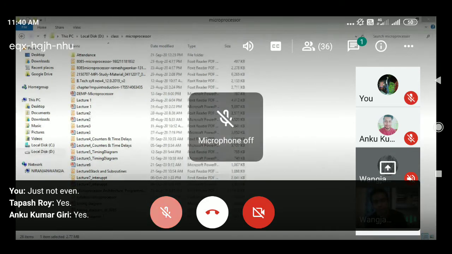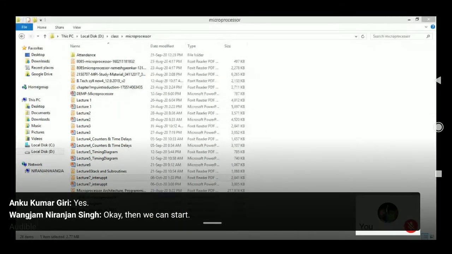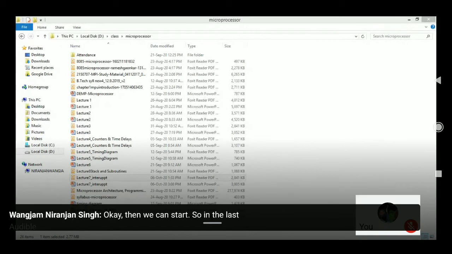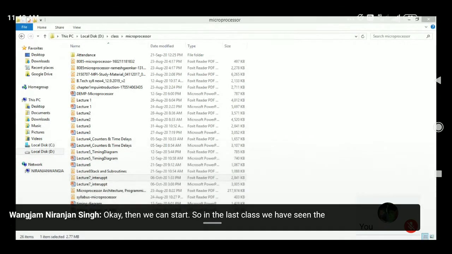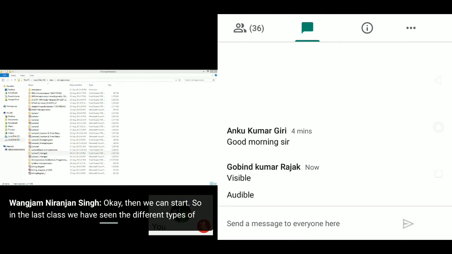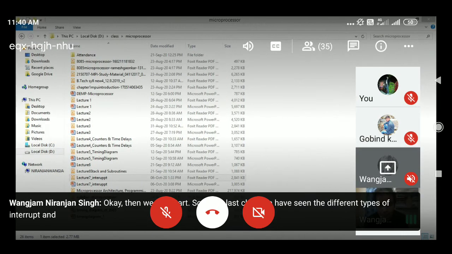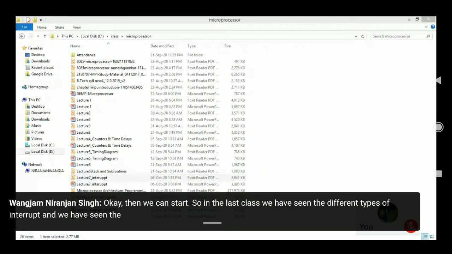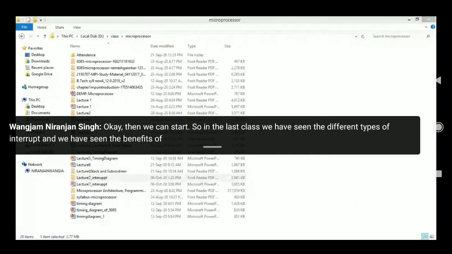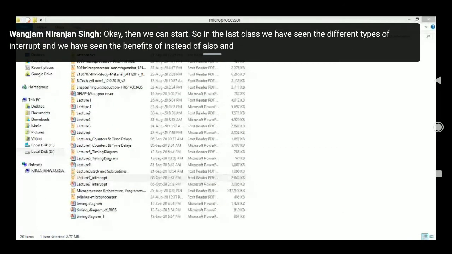Okay. Then we can start. In the last class, we have seen the different types of interrupt, and we have seen the benefits of interrupt and the disadvantages of the interrupt also.